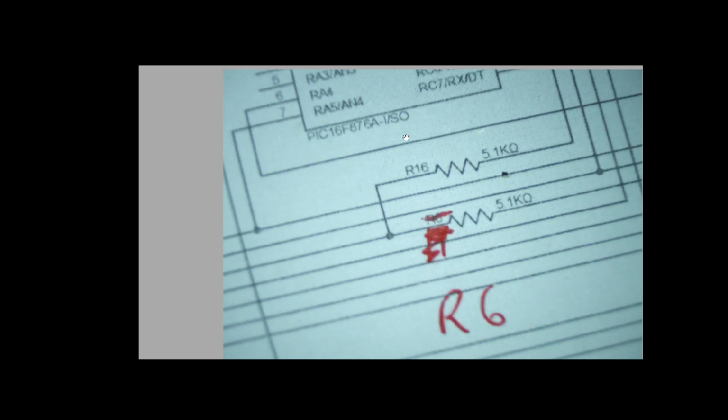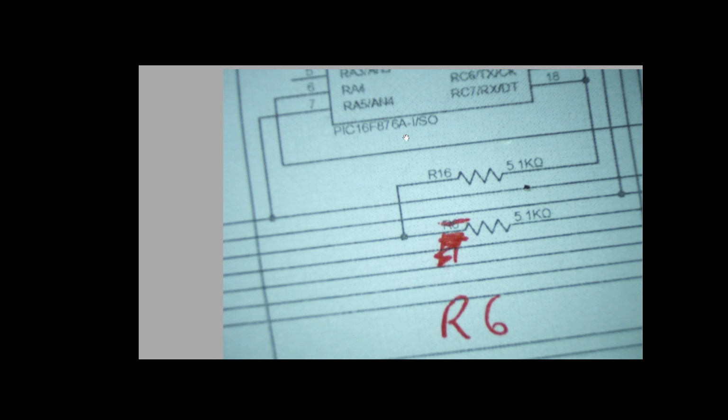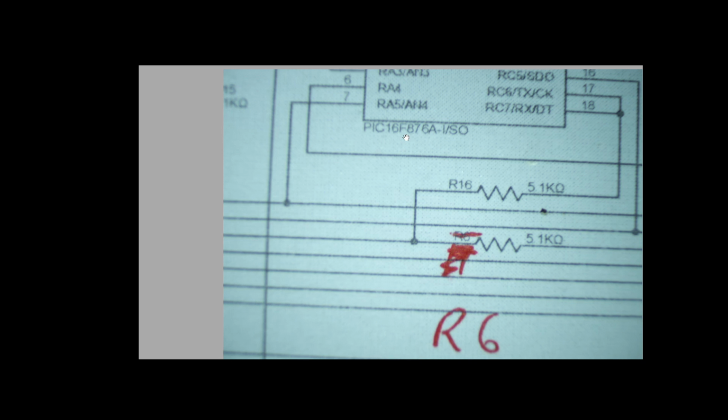This is a schematic of a circuit board that controls the telescope mount, the Celestron CPC 800. It's with the GPS and having an issue with the amplitude coming from the...